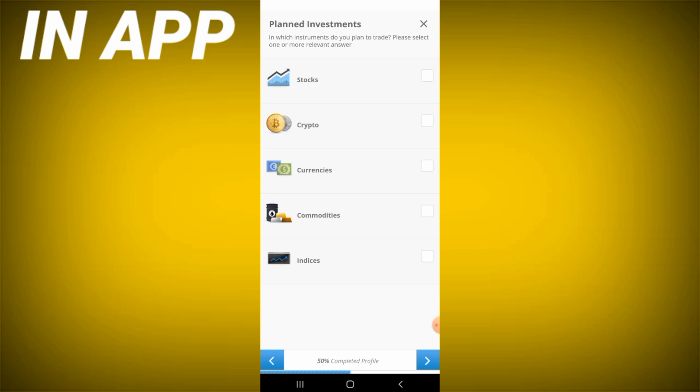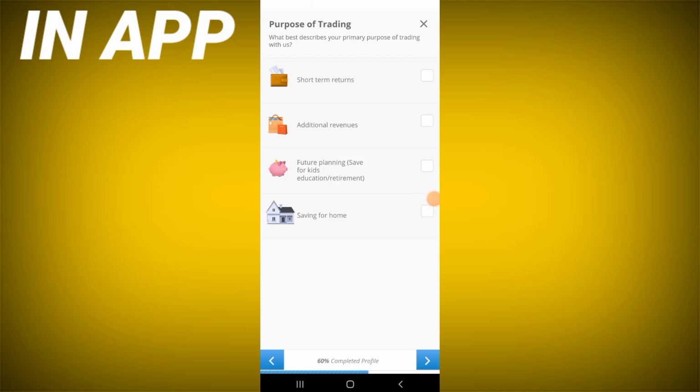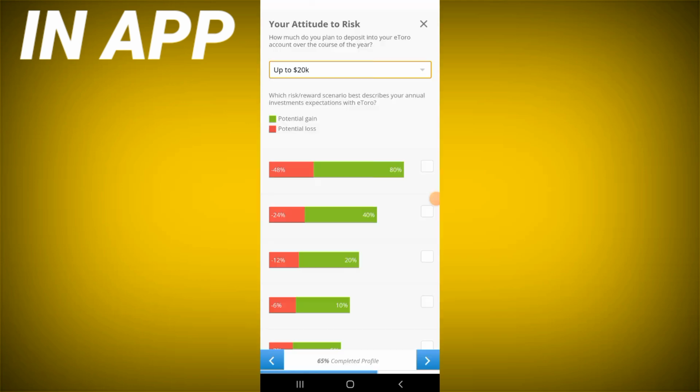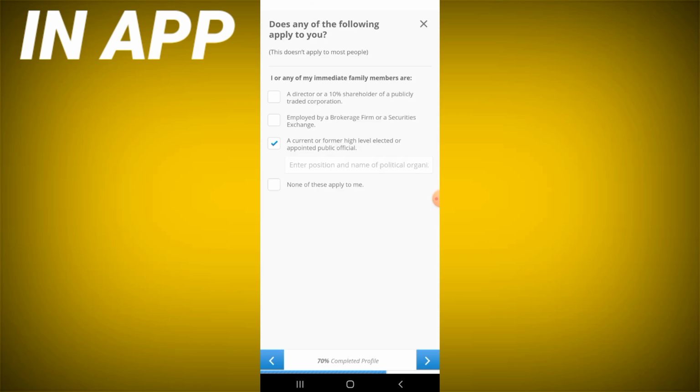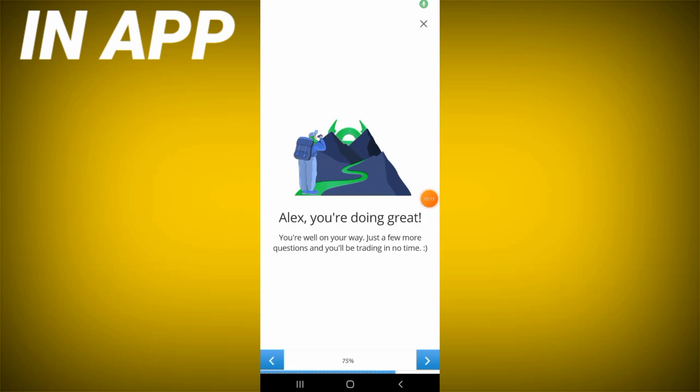Your planned investment, click continue again. And here trading strategy. You have to complete all this, and here choose your attitude to risk. Click here, choose one here, click continue. Right now I'm just skipping, click continue,